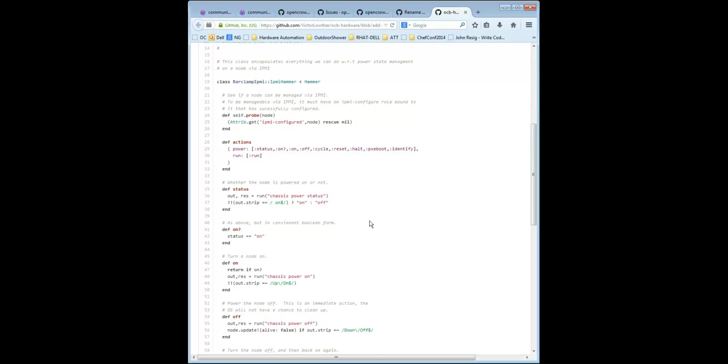And run is kind of a pass-through method that just says, take whatever args were passed to run and just hand them straight off to, in this case, IPMI tool. But for the methods in the power group, those are actual nice wrappers around lower level IPMI tool commands.